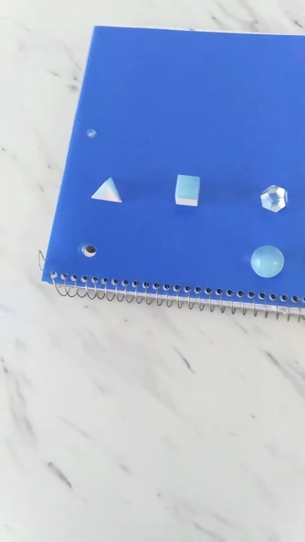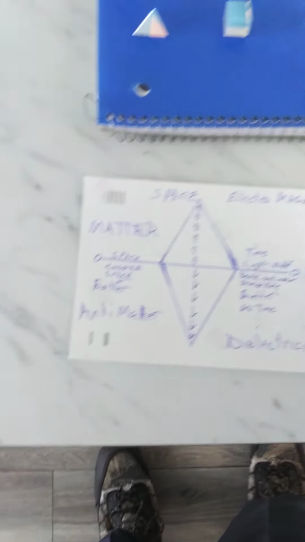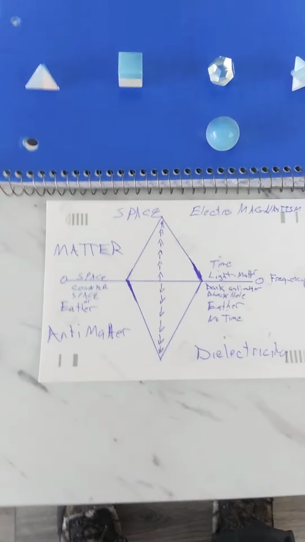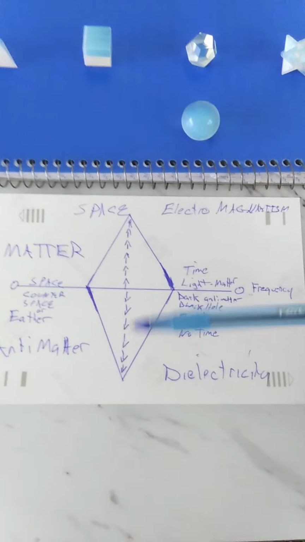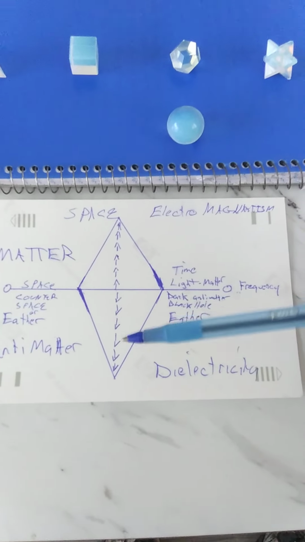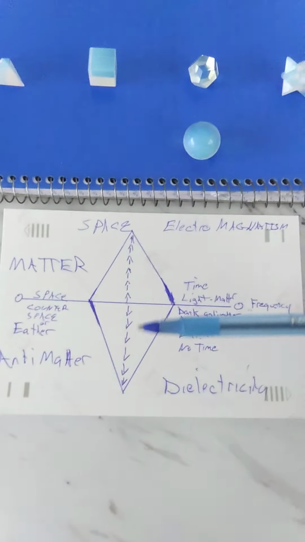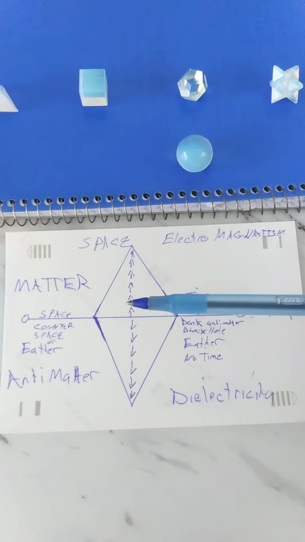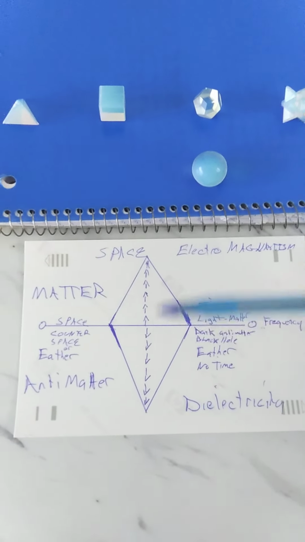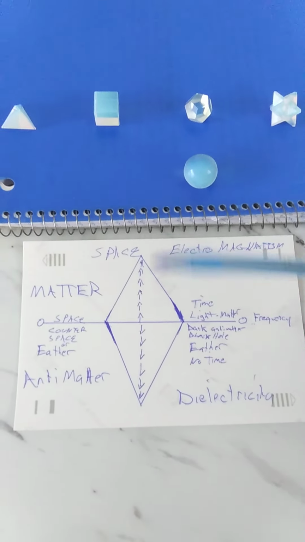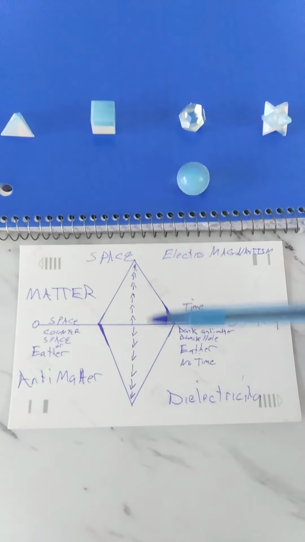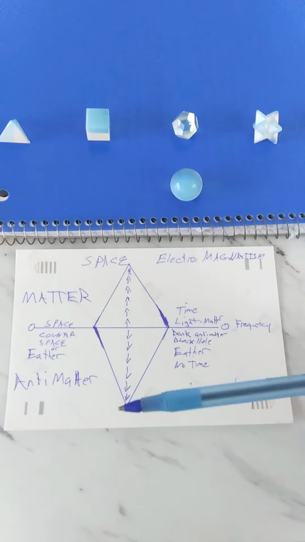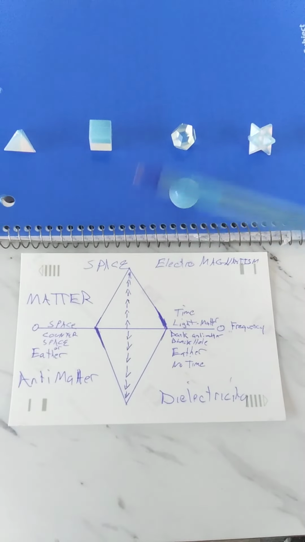You would start off using this as your scale. This represents counter space, or ether, or dielectricity, whatever you want to call it. And then this would be your matter, space, visible light. This is your white hole. This is your black hole. This is pulling down. This is pushing up. So